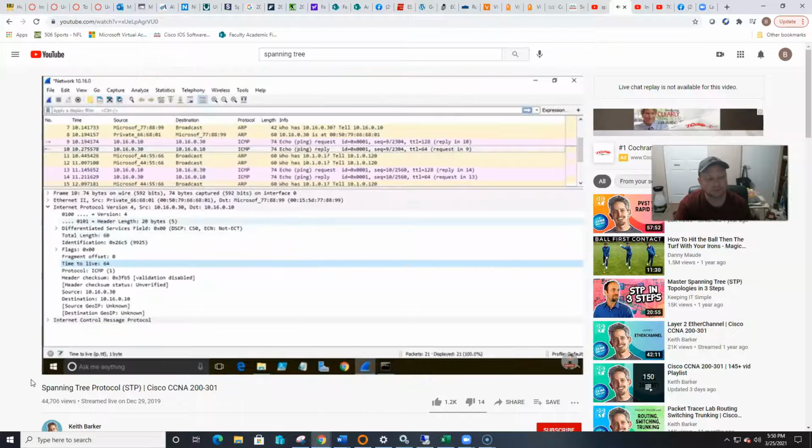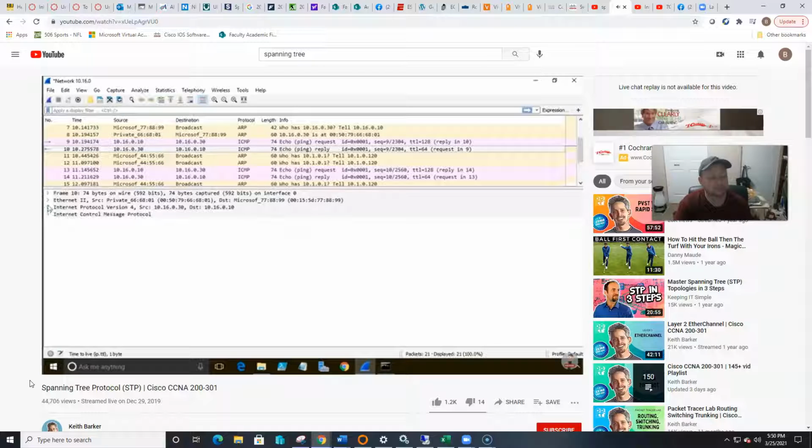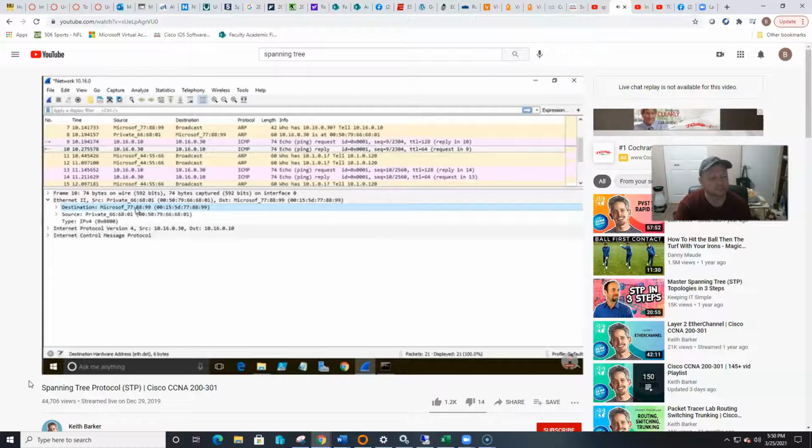Let's take a look at layer 2 and see what's at layer 2 that might help prevent a loop, like, for example, time to live. So here's the layer 2 information right here. Source layer 2 address, destination layer 2 address, and you'll notice there's nothing in that layer 2 header that says